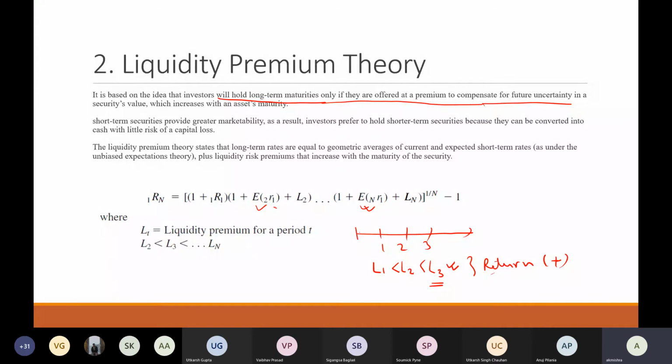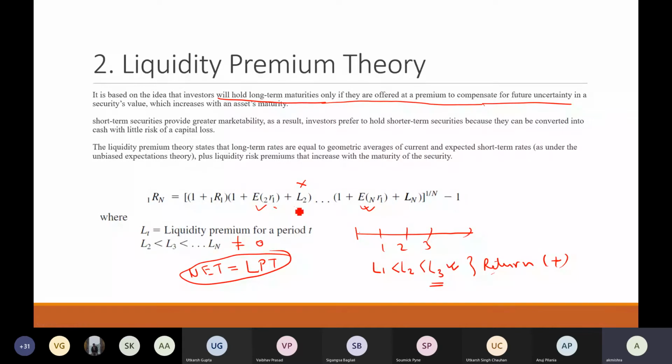If we use all these as 0, then unbiased expectation theory will give the same result as liquidity premium theory. But when we change that, liquidity premium will be a positive number or some positive return. So in that case, your